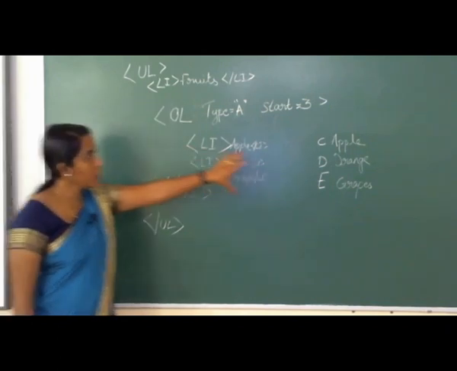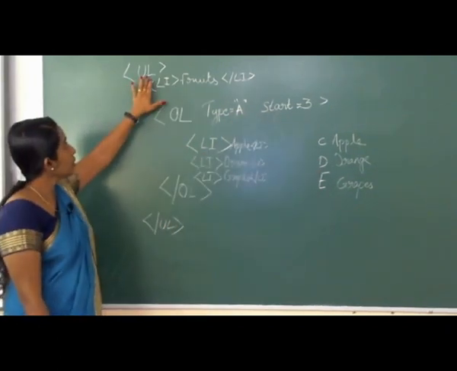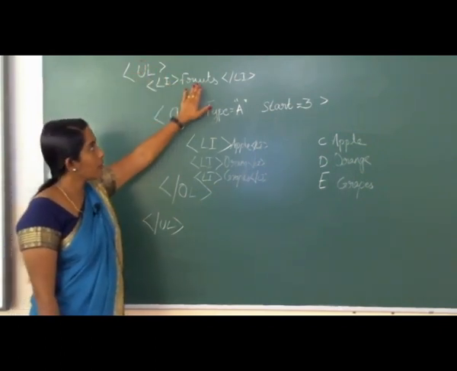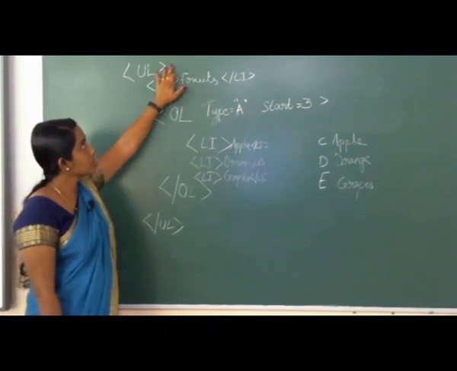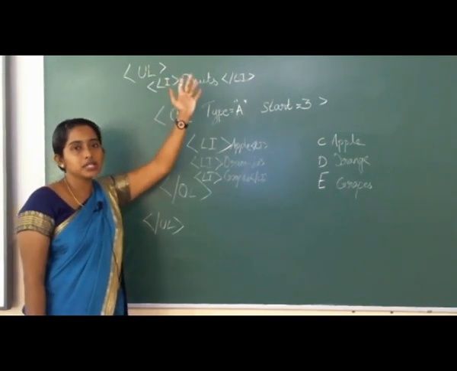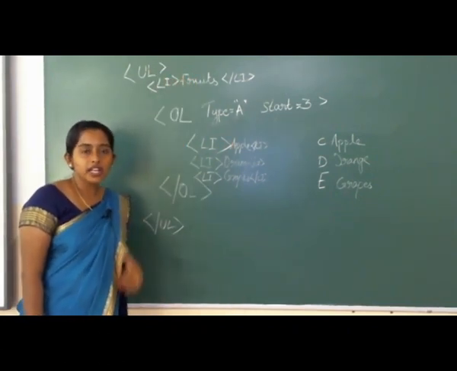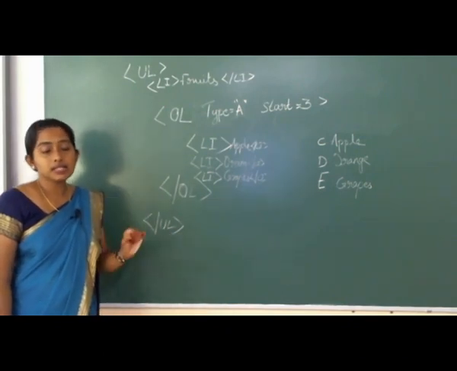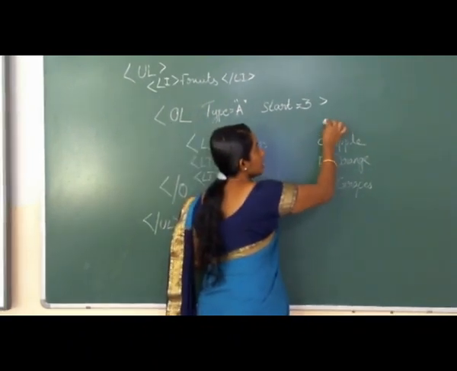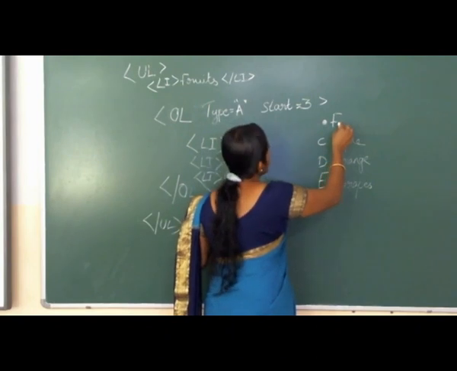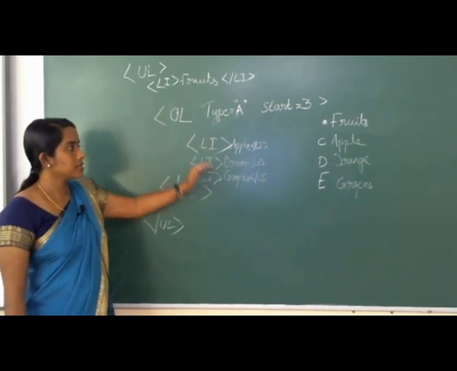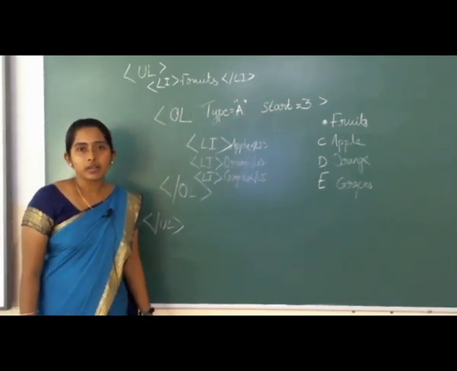So, this one's output we already wrote like that. If you write UL LI fruits, then what will happen? For the unordered list, the item is fruits. Here we won't specify any attribute type. We are not mentioning any type disk or square or circle. So, by default you can see the disk symbol. Okay. So, here you can see disk symbol means solid circle with the name fruits. And under that you can see the list items apple, orange and grapes.